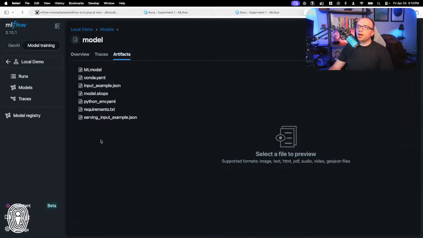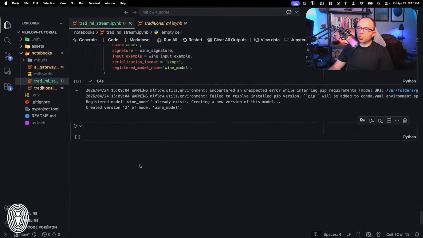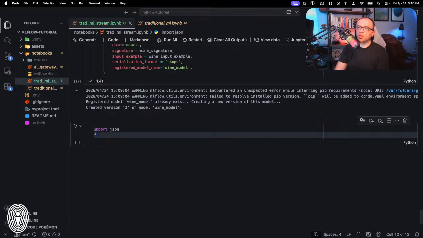And then, of course, we have all the different files that we were looking at before that help to serve out the model. Now, this is where things get a little bit more complex, because we were talking about, well, what if we want to serve 2 models behind the same endpoint? So let's go back into our code here. It looks like I forgot to move some imports to the top of my notebook. I like to keep my imports all at the top, but it looks like I missed some. So let's go ahead and add them here. So import json, from typing import Any.